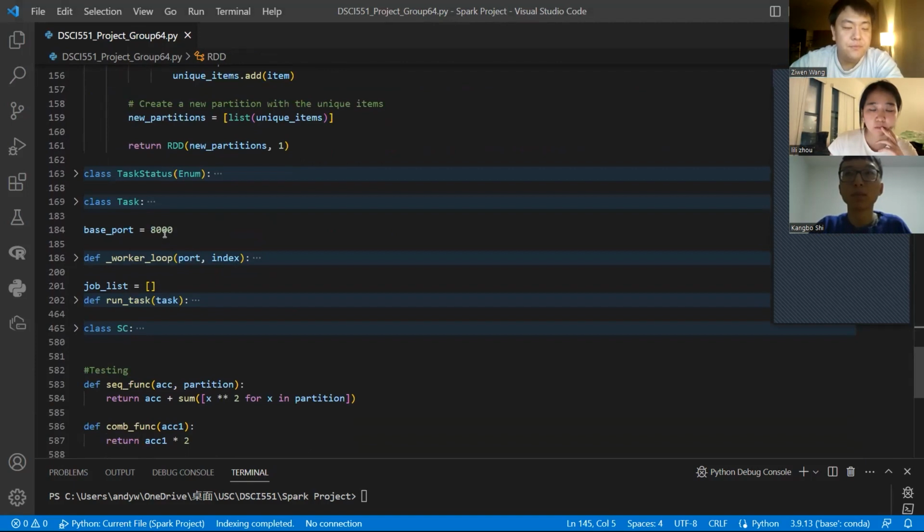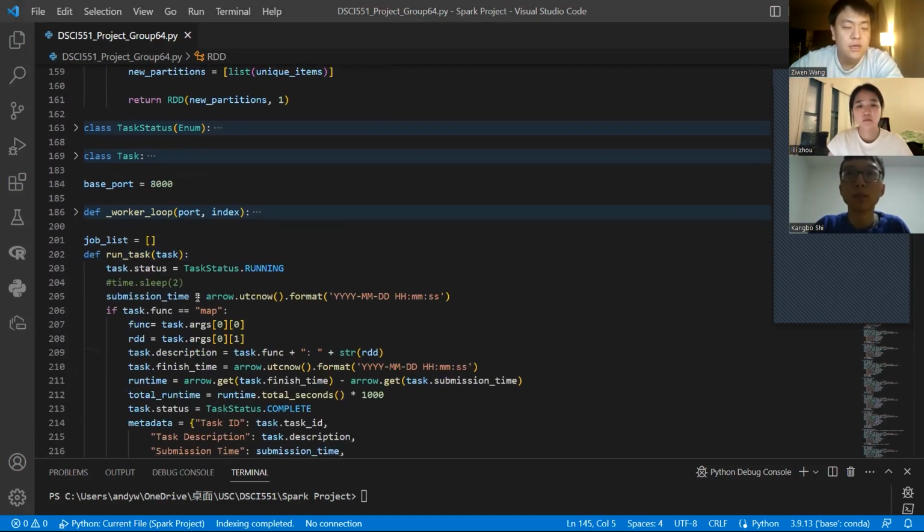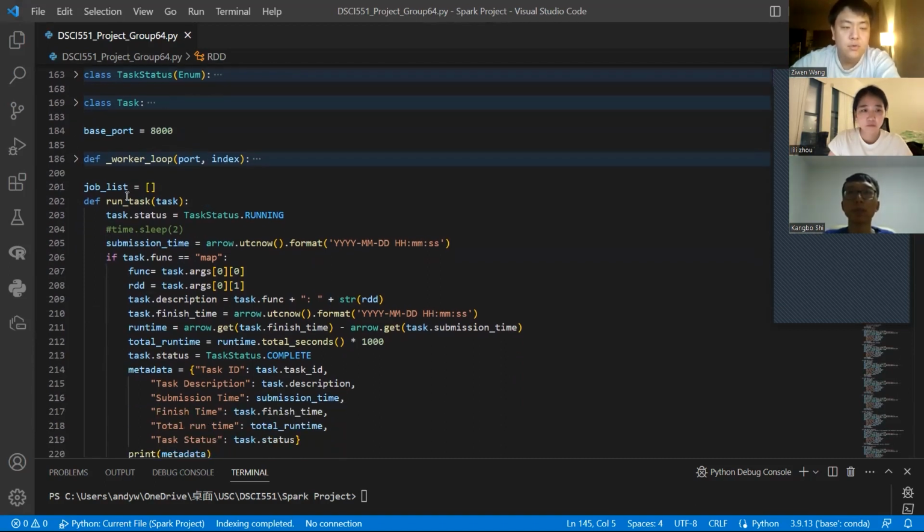So how do we run it? Just like what Kevin talked about before, we go through the whole job cycle. Here we set a global value called the job list, which is for storing the metadata of each function we call, storing each task's metadata into this Python list. It will be a list of